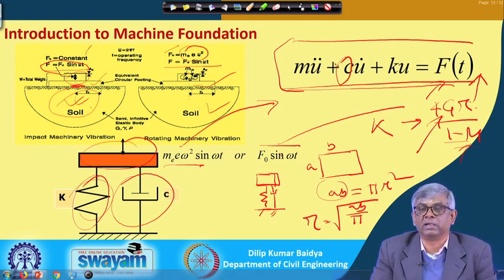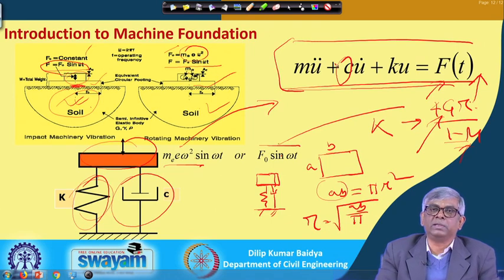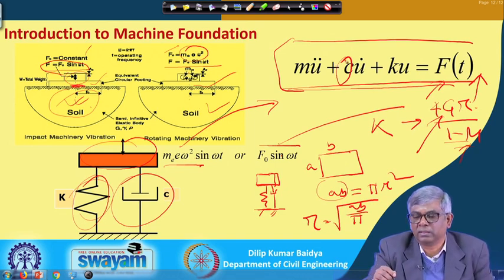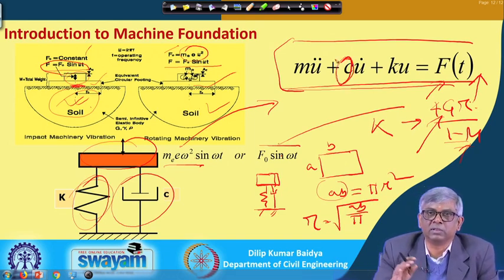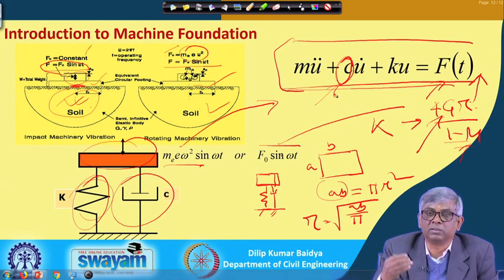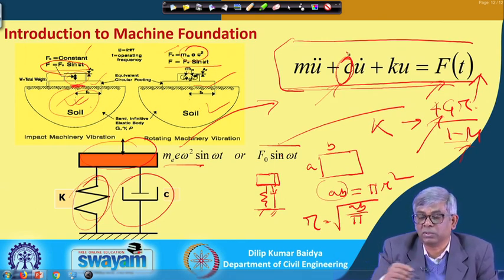The second thing is C, the damping coefficient, and damping is difficult to determine. Damping can be of different types, particularly in machine foundation vibration. There is another type of damping called radiation damping, which we will not discuss. For the time being, we can think of only the material damping, which depends on the material type. Different materials will have different material damping, and it varies from some 1 or 2% to 10%. I will show you that in the next slide.